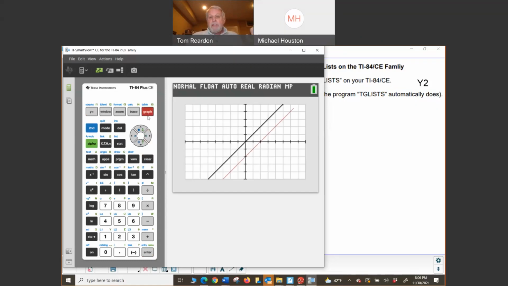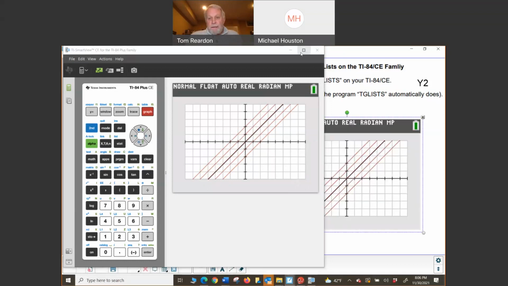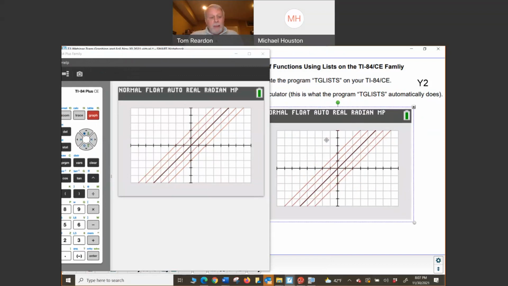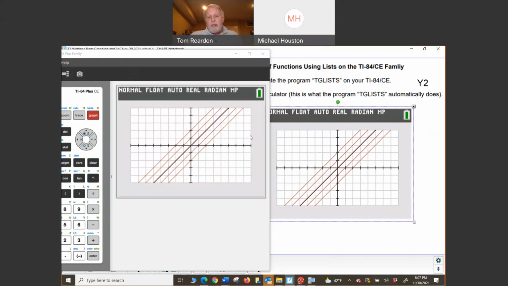And you see the parent function, and here comes the family members, okay, and you can see even y equals x plus 0 kind of overlapped there in brown. And then let me pull that off so you can see that better, okay. And what I'm doing, I'm using the TI Smart View emulator software, and this is what I like to do when I'm teaching. As soon as I do a different screenshot, I pull it off so the students who are behind can get caught up. So that's for